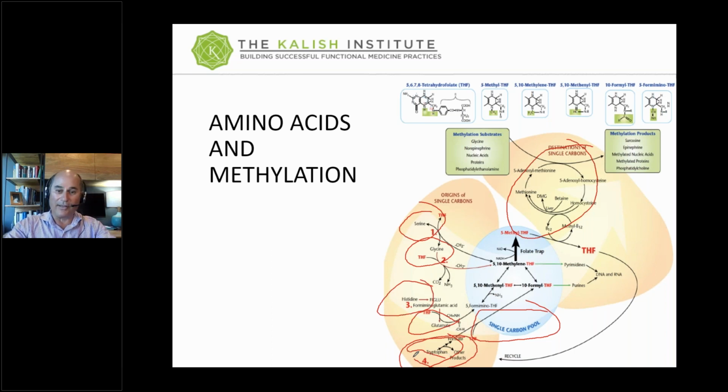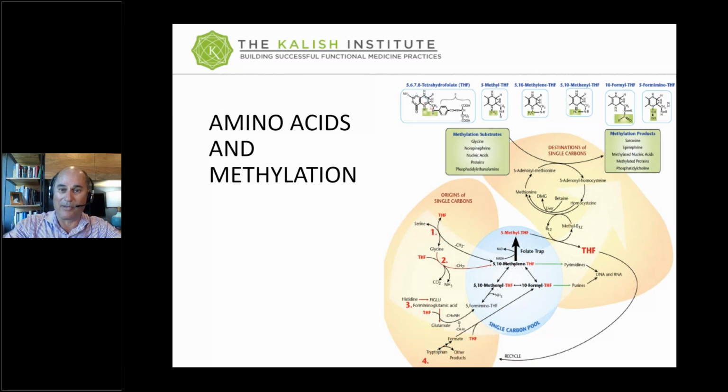If you're low in tryptophan, you're not going to be able to, well, maybe there's 5 of them. Let's say if you're low in serine, glycine, and tryptophan, maybe 3 of these 5, or all 5 of them, you're not going to be able to methylate properly because you're not going to have the carbons that you need to feed the single carbon pool. Okay, you could probably be low in 1 or 2 of these and get away with it, but not the bulk, not the majority of them.